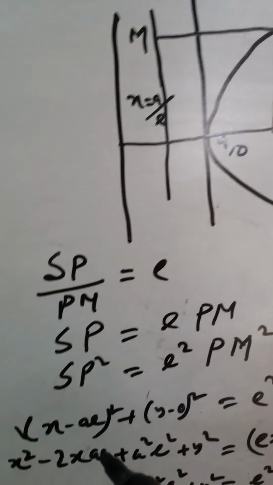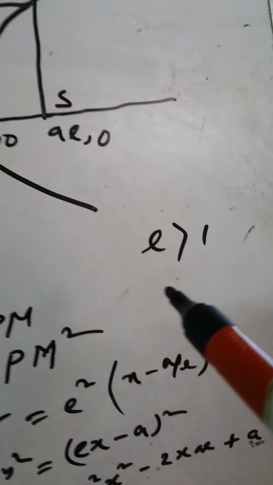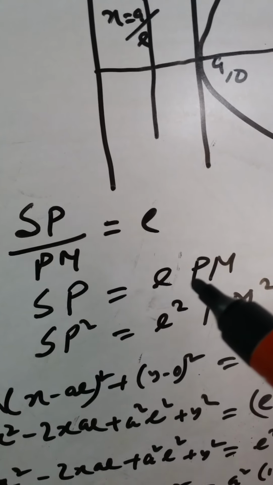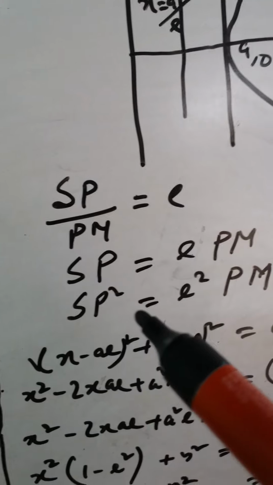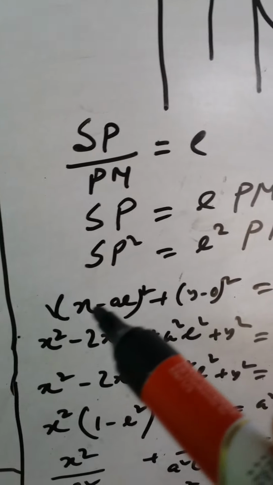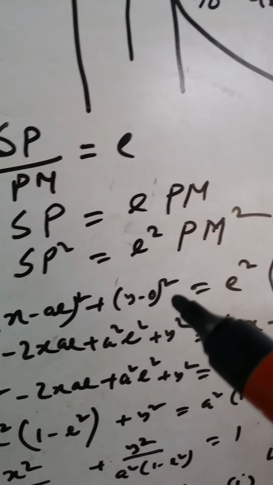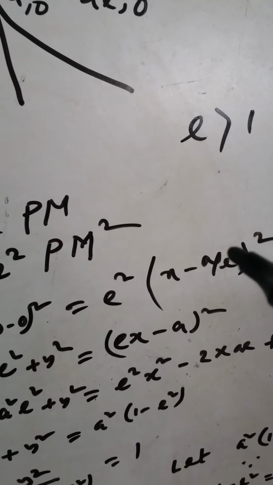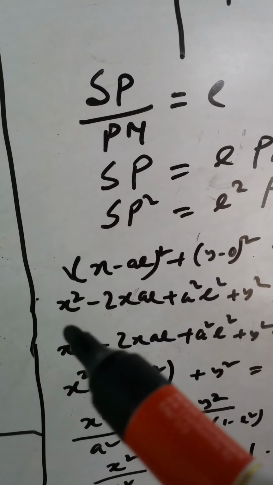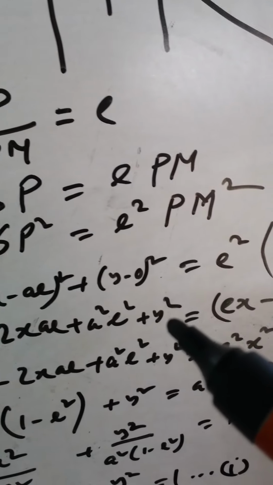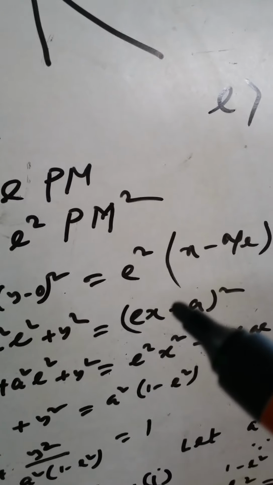Now SP by PM equal to E, SP equal to E PM, SP square equal to E square PM square. Now SP square equal to x minus AE whole square plus y minus 0 whole square, and E square PM square equal to E square times x minus A by E whole square. Now x square minus 2xAE plus A square E square plus y square equal to E times x minus A